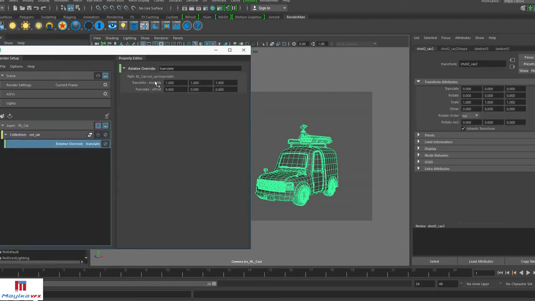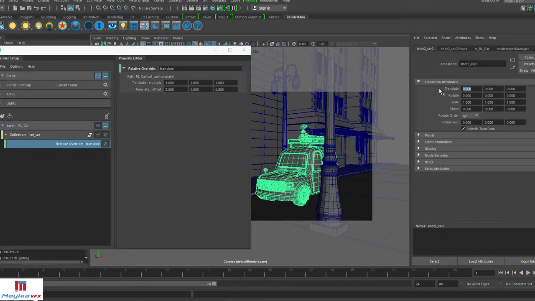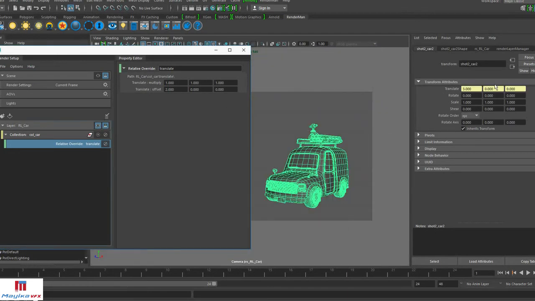Click this. Now you see here, we have multiplier and offset. So if the multiplier is 1 and I give an offset of some value, then it's the same value there. But if the current value is different, then it offsets with the current plus offset. So this is how relative override works.